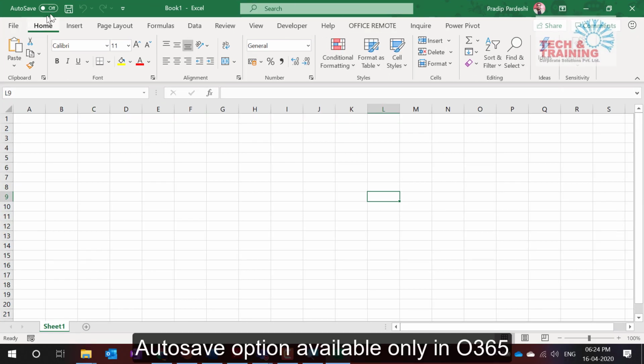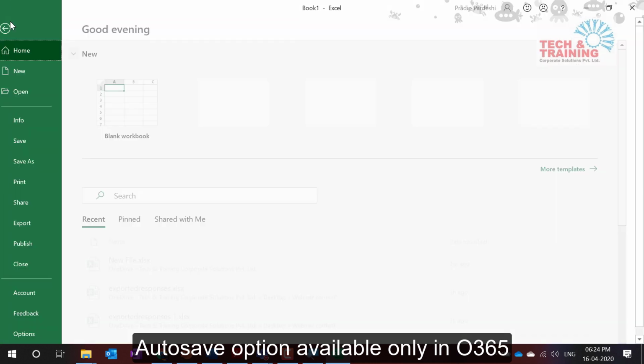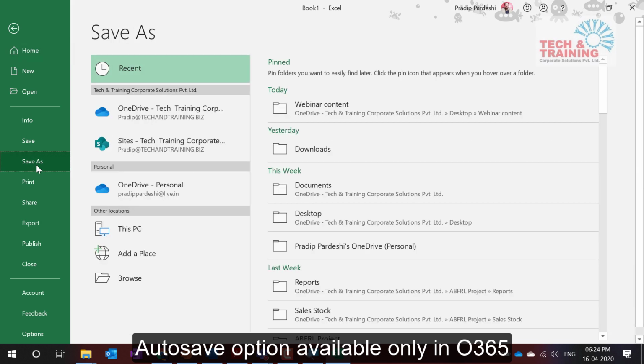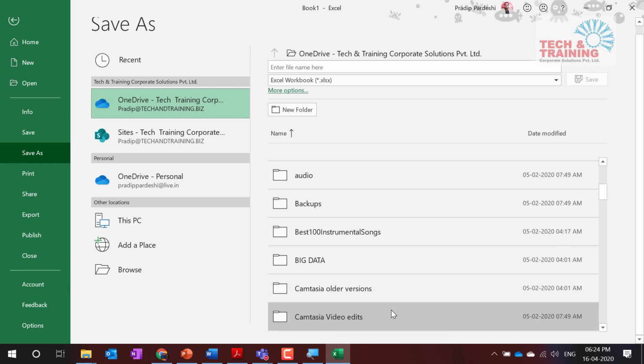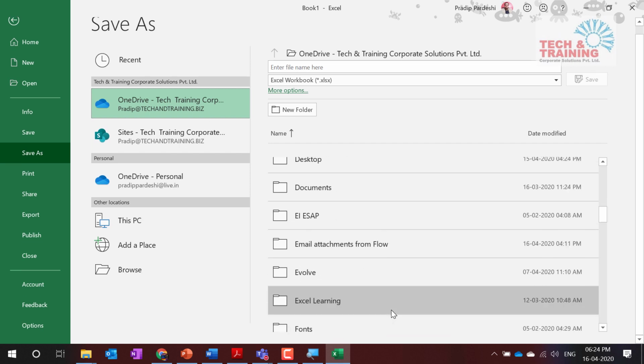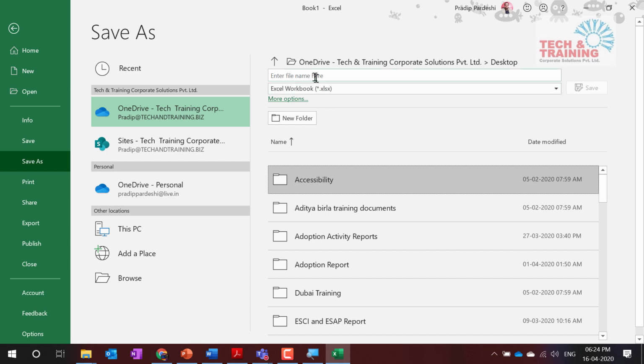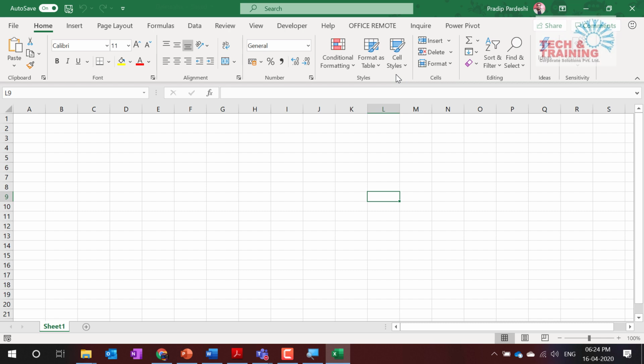All right, so this autosave will be turned on automatically if I save this file on OneDrive. So I can quickly come here and save to OneDrive. I'm saving it on my desktop directly from here. I have chosen desktop, and here I'm saying delete. So whatever files I have to delete, I generally click on delete and I click on save. The moment I click on delete and click on save, see, this OneDrive autosave got turned on.